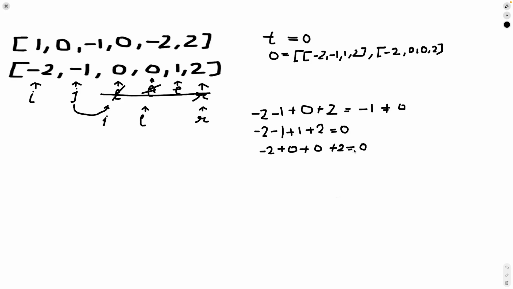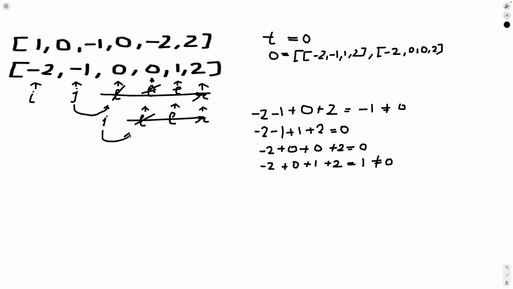Now since this is equal to 0, I'm going to cross my left element and move that to the next element. Now let's again check the sum. It is minus 2 plus 0 plus 1 plus 2. So this is equal to 1, which is not equal to 0. But since there are no more places for us to go forward, we will basically now move the j element